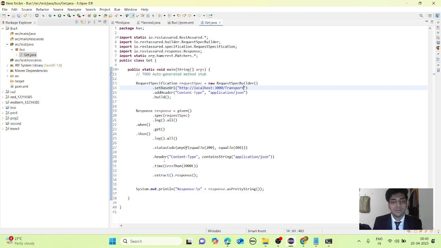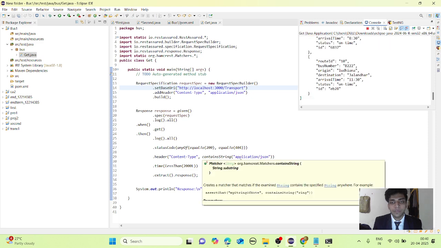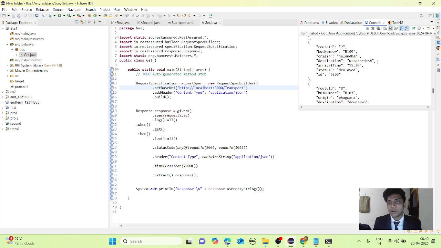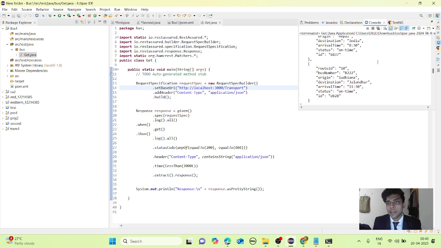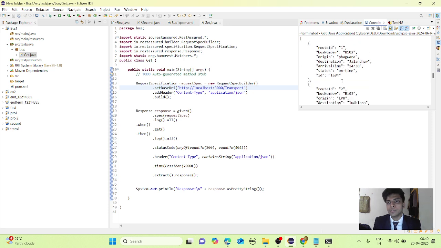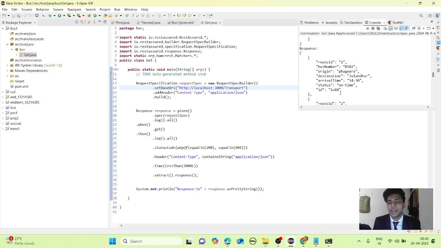It will also validate our header content type, which is application/JSON, and the response time, and extract the response, meaning printing our response using prettyPrint, a function used to print the response or the data we are getting. Now on the console you can see that as a response we are getting all the data which we entered while creating our API, and by default it generates one unique ID.